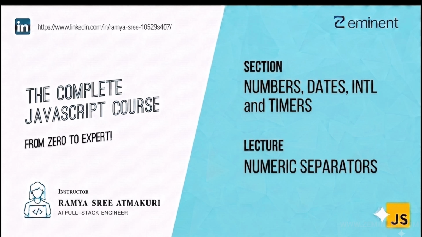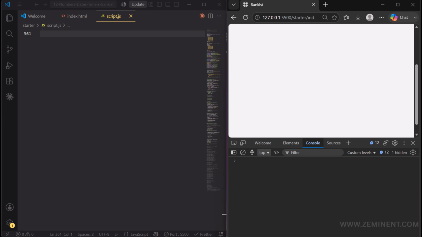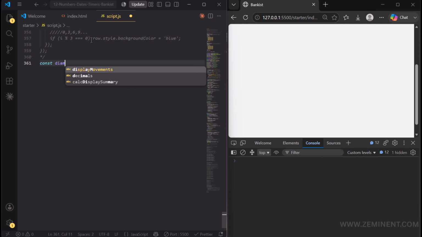Welcome back. Starting from the year 2021, we can use a feature called numeric separators to format numbers in a way that is easier for us or for other developers to read and to understand. So, for example, let's say we represent a really large number, for example, the diameter of our solar system. Let's see an example: const diameter equals